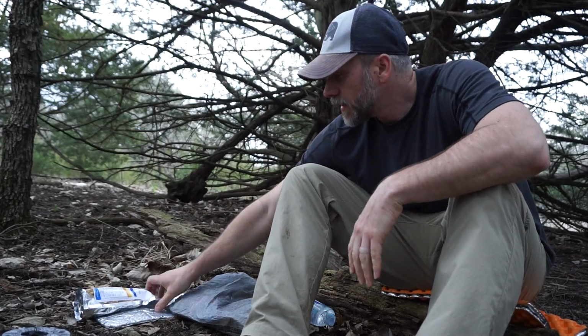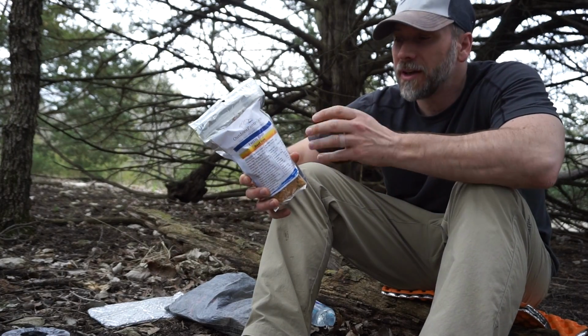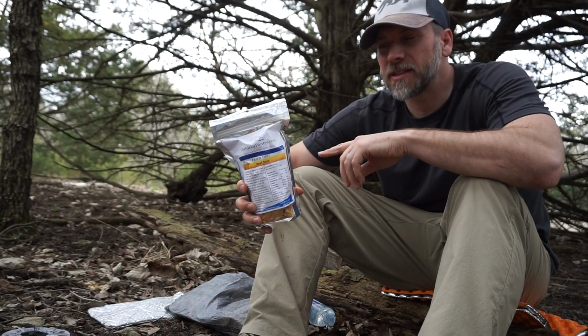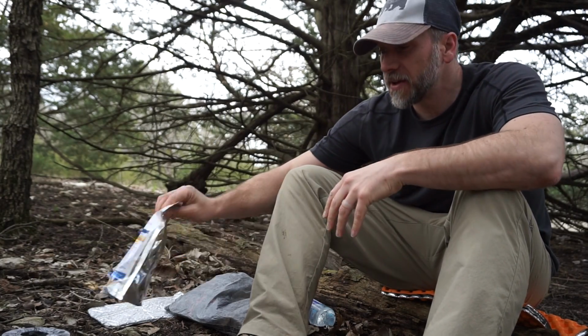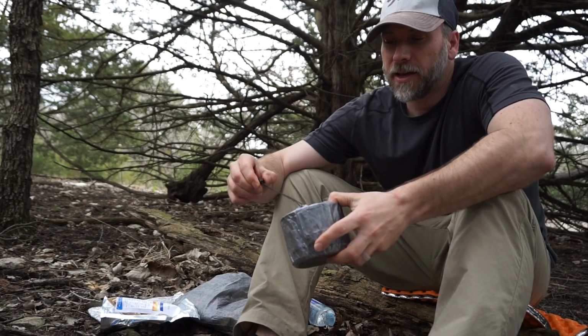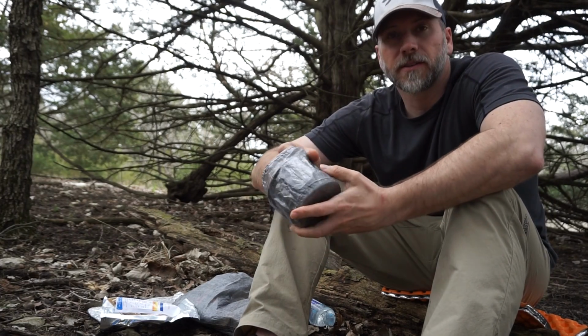Okay, so for dinner tonight, I've got the Outdoor Pantry beef stew. I've had it before, but I didn't prepare it completely to the directions last time, so I'm going to make sure I do that this time. So for the cook kit tonight, I went pretty light on this one. I've got the Light AF